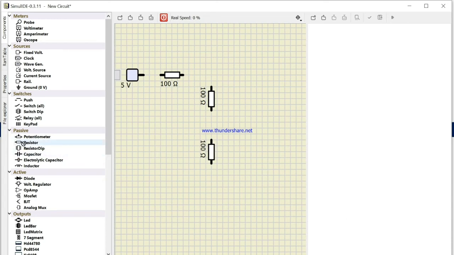Take another resistor, right click. Now connect like this. Right click, remove, and make a connection like this.